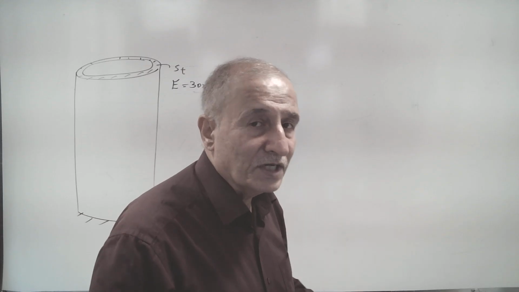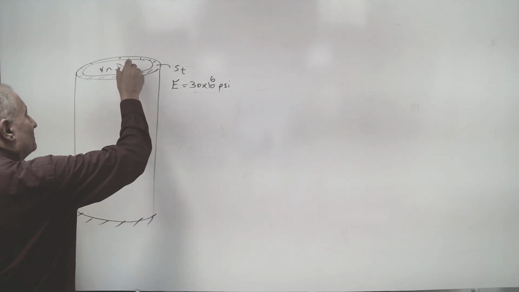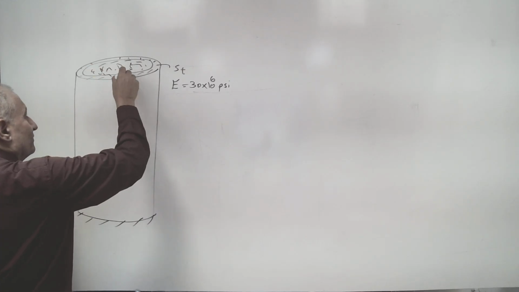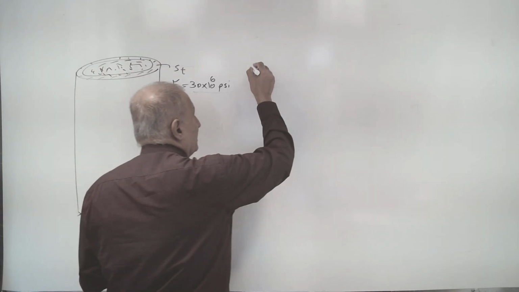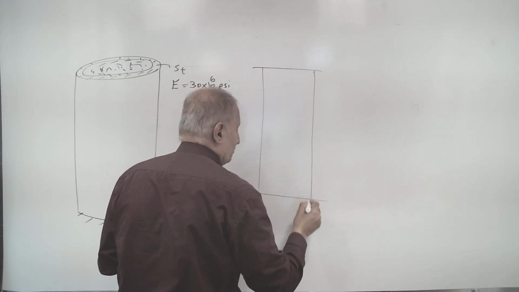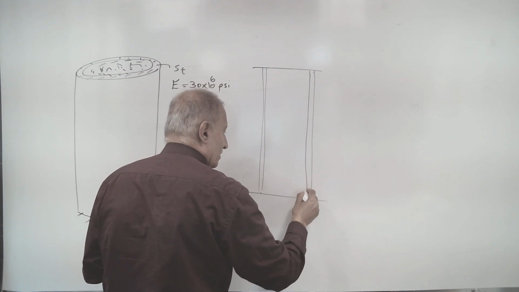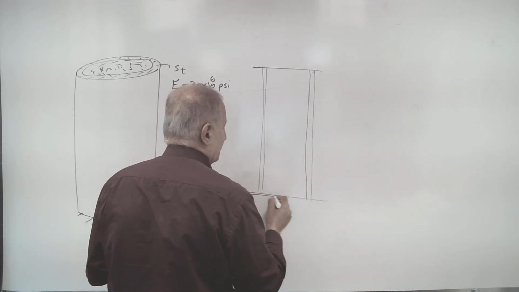And we fill it with concrete. I show it here in 2D: the tube or pipe is a column filled with